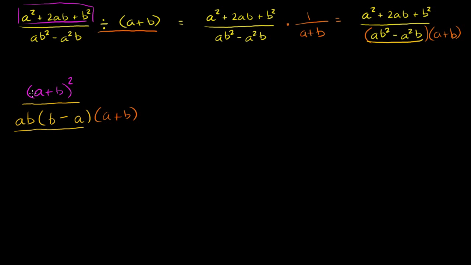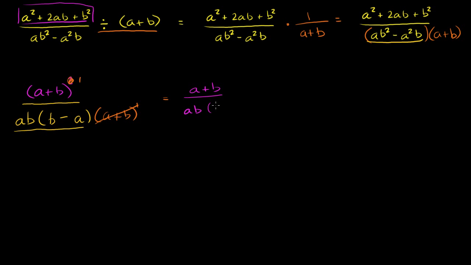Now, we have an a plus b squared in the numerator. We have an a plus b in the denominator. We could say a plus b to the first power. And then we know our exponent rules here. We can essentially cancel out an a plus b in the numerator and the denominator, which decrements this exponent by 1. So this just becomes a 1, and then this becomes a 0, or it cancels out. And so we get a plus b over ab